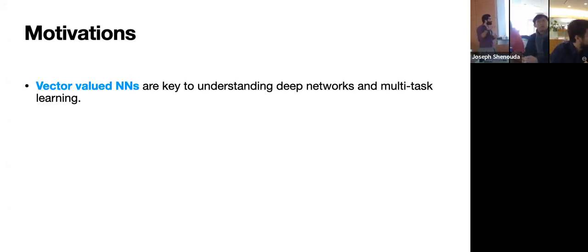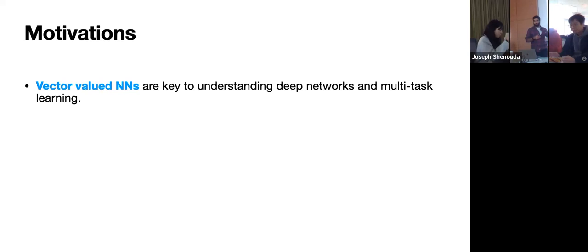So studying vector valued neural networks gives us a stepping stone to understand deep neural networks, because a deep neural network is really a composition of vector valued neural networks. This is also important for multitask learning networks. And it's huge because most of the time you do things like multi-class classification, like MNIST even, right? Okay, so that's why we want to study vector valued neural networks. We saw a gap there, and that was hindering us from going to the deep case.